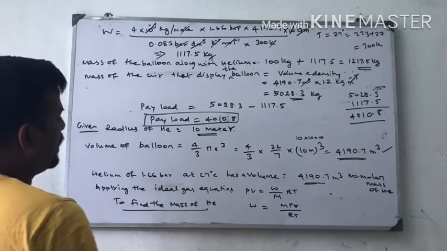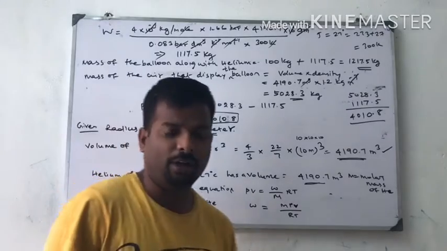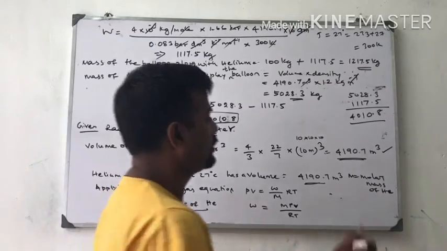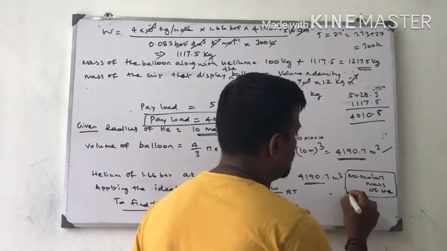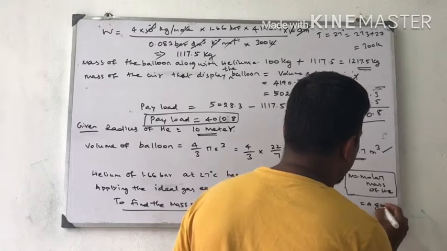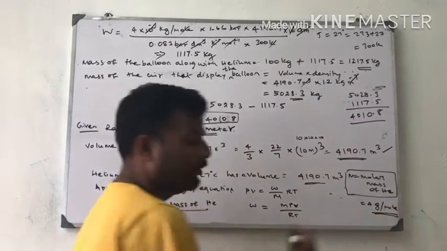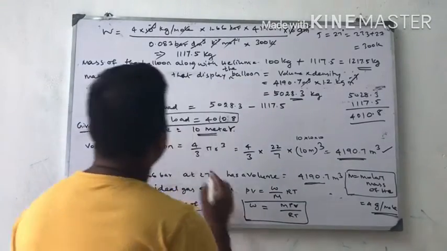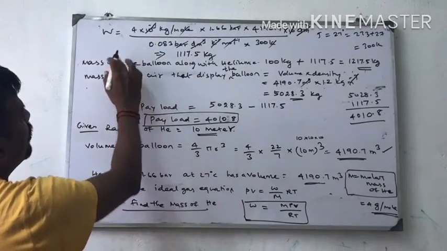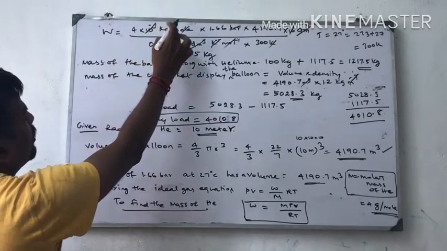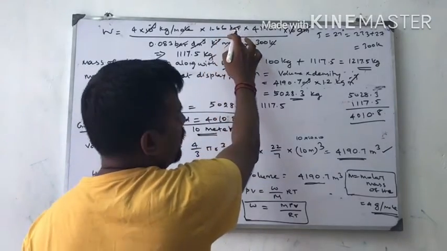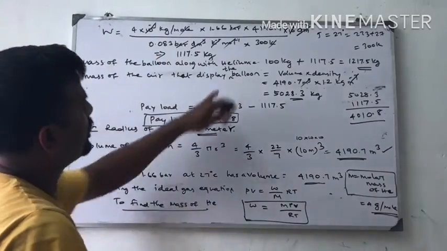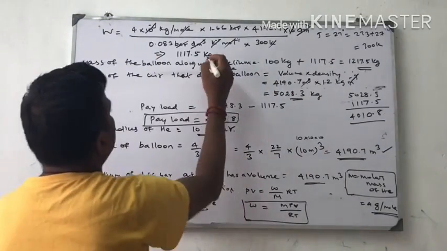Then applying the ideal gas equation, PV is equal to nRT, where n is equal to given mass by molar mass. W is nothing but given mass, M is molar mass. Molar mass of helium is 4 gram per mole. For our convenience, we convert the mole into kilograms. This is the formula. Next, W is equal to, substituting the values, molar mass 4 into 10 to the power minus 3 kilogram per mole into 1.66 pressure given, and volume already found. Gas constant given in the question, temperature given in the question.